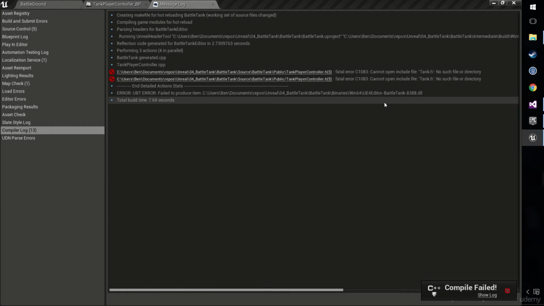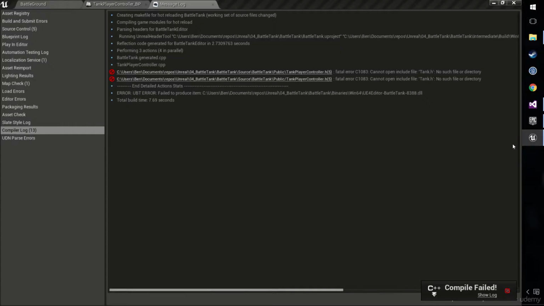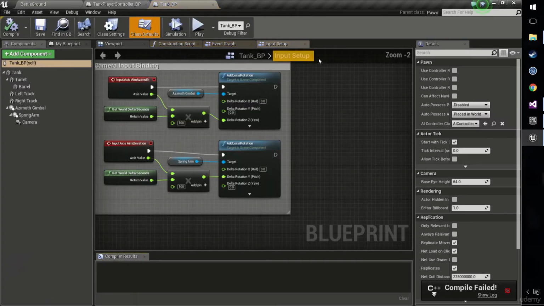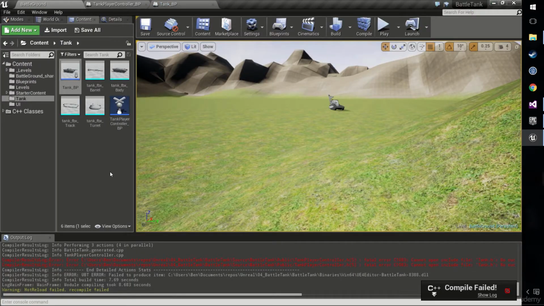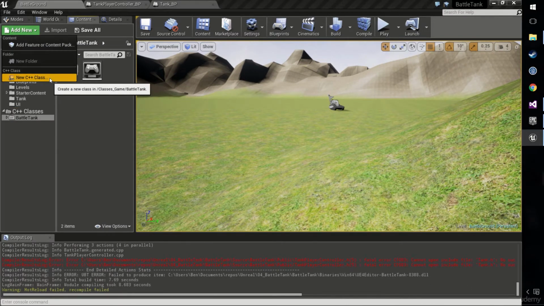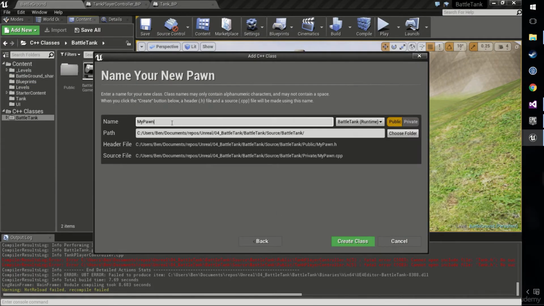Now, the reason it's failed is because we don't yet have a tank.h, and that's because we don't yet have a tank.cpp. That's fine. Remember that our tank blueprint is currently based on pawn. So let's go ahead and quickly make ourselves a tank C++ file. It's going to be almost the same process we just did a moment ago, so I won't challenge you to do it, but you're welcome to pause and do it yourself if you want. We're going to make a class based on a pawn. We're going to call it